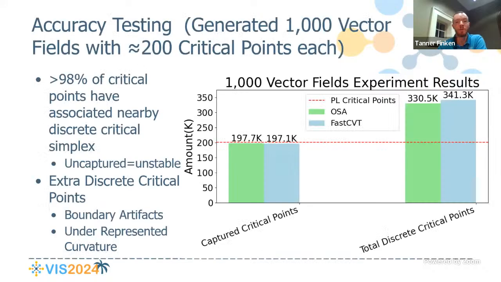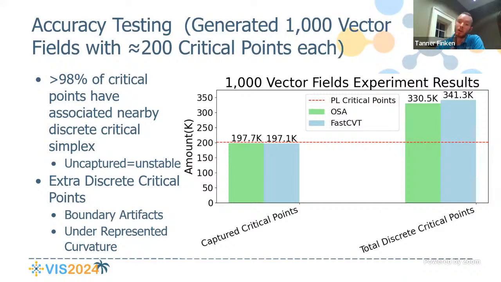Next, I'd like to highlight some results of our algorithm. We wanted to test our algorithm on handling a wide variety of vector field configurations and compare it to FastCVT. Thanks to an anonymous reviewer's suggestion, we did this by generating 1,000 random vector fields on a regular grid about 256 by 256 and smooth the field with Gaussian smoothing until about 200 critical points remained. This resulted in a total of about 201,000 piecewise linear critical points, as you can see by the dashed red